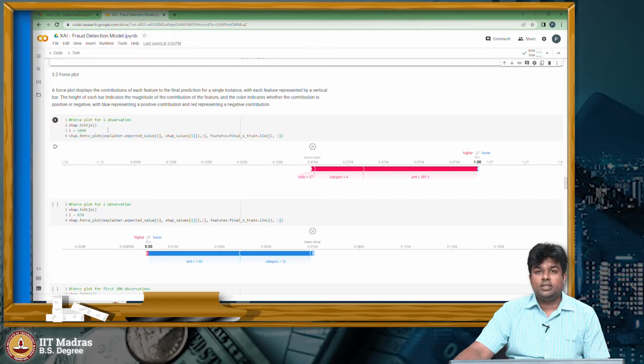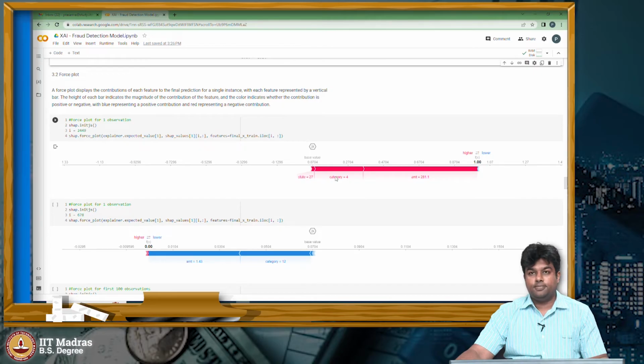So we are considering the same fraud record, which is 2449, and the force plot uses similar input: the expected value, the Shap values, and the essential features. And here we can see the base value is 0.07 and the model predicted value is 1, and the individual contributions of each of these